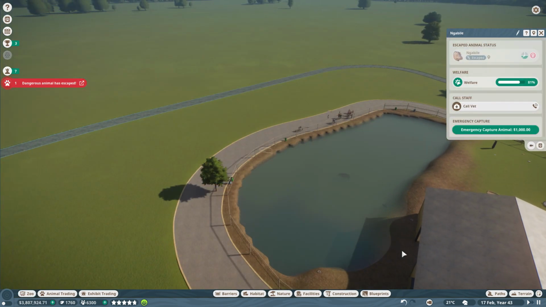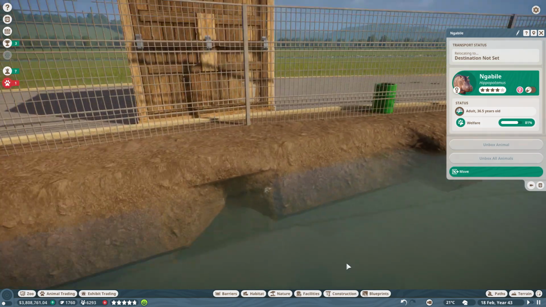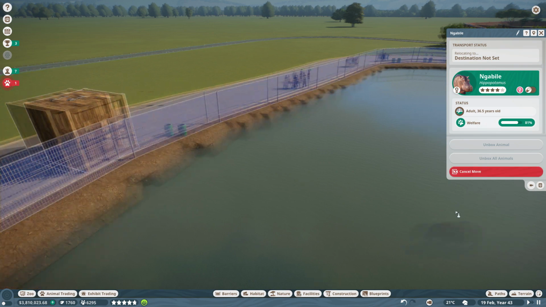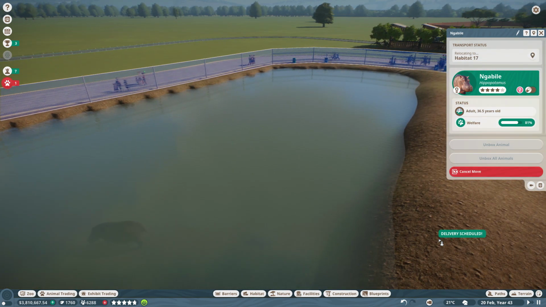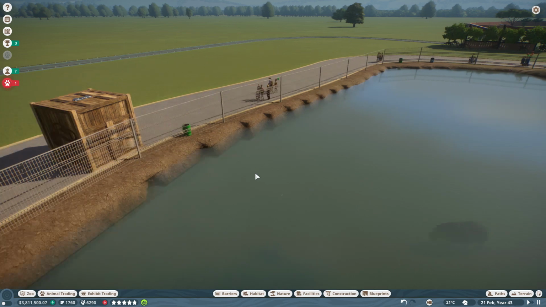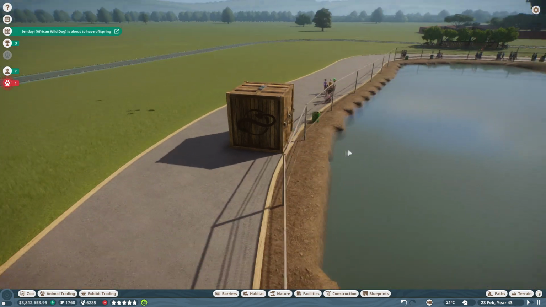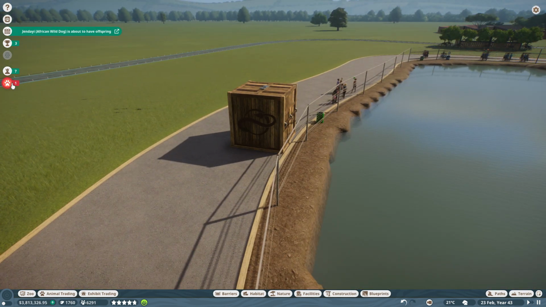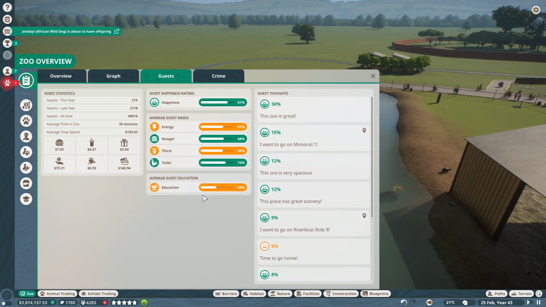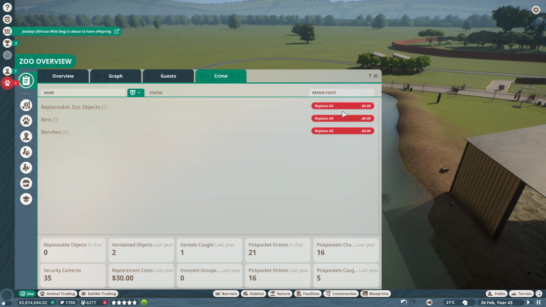Dangerous animal has escaped, the hippo. So did the hippo burrow under the ground? What exactly happened there? I'm not entirely sure. Yeah, let's move you back into the water, please. Yeah, not sure what happened there. It's almost like the hippo went swimming and then got under the fence a bit, and then the game said, nope, that's an escape. I don't know. But anyway, as we were saying before we were so rudely interrupted, and then crime, oh, we got information board